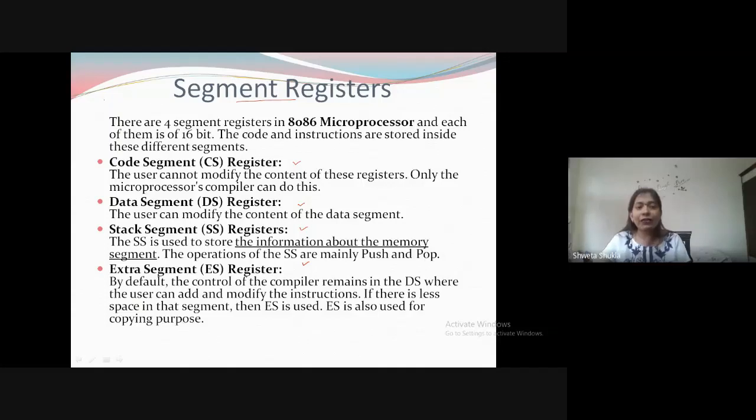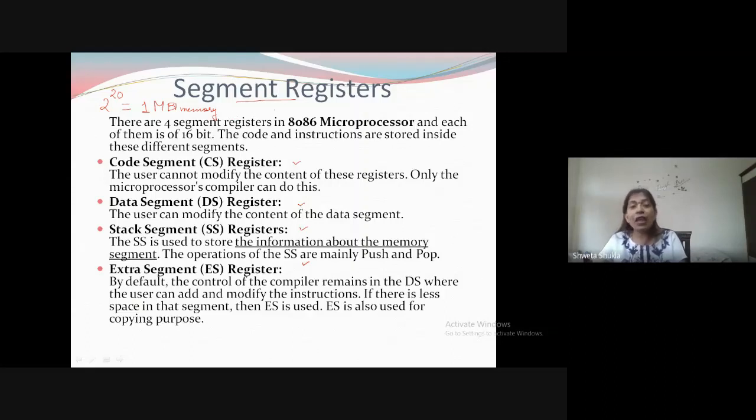As we all know, the address bus is 20-bit. If the address bus is 20-bit, then 2 to the power 20 gives a value of about 1 megabyte. So the 8086 has 1 MB of memory. But this 1 MB memory is quite vast when we are programming. It will take time for the microprocessor to find the addresses or memory locations of the instructions given in a particular program.